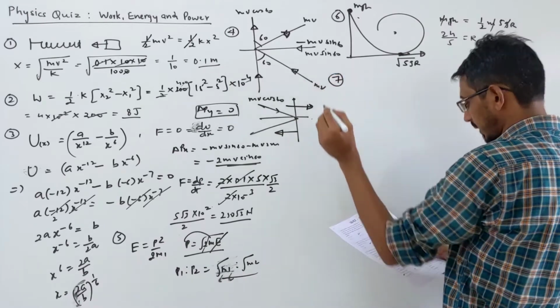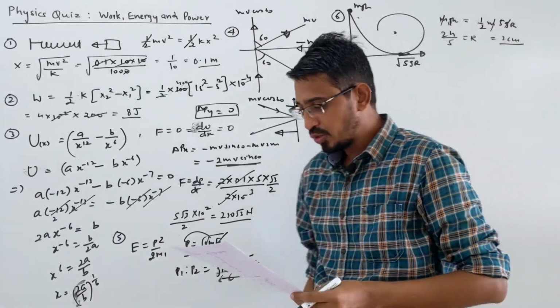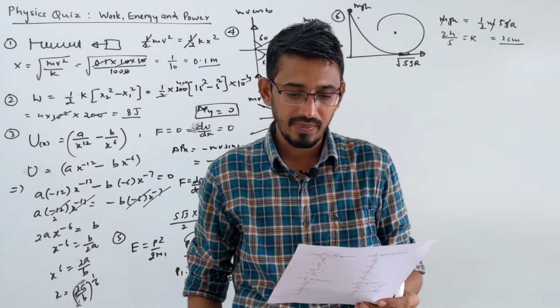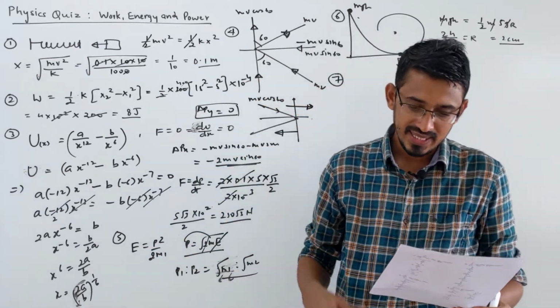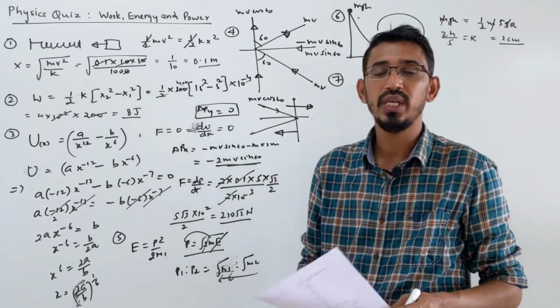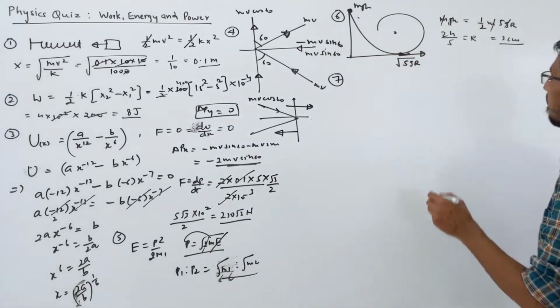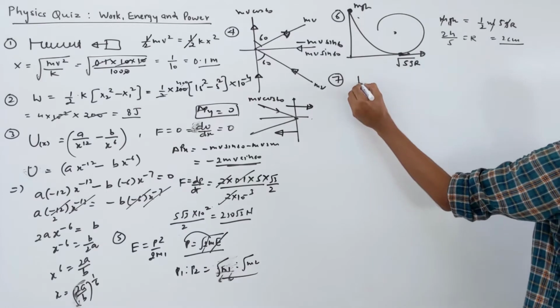Problem number 7 we are talking. It says that a pump motor is used to deliver water at a certain rate from the given pipe. To obtain twice as much water from the same pipe in the same time, the power of the motor should be increased by what amount? Simple problem. Already we discussed power through air.